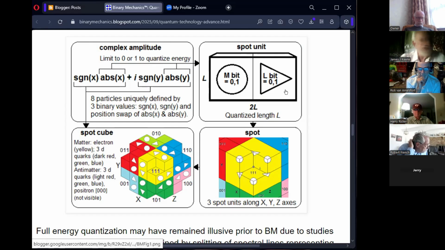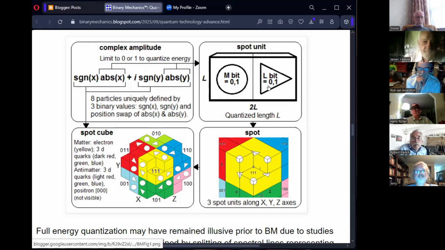The zero states, of course, are the neutrino field. Combining both of these together, you get the total energy field. And so, yeah, in a way, binary mechanics is a field theory in that sense. It defines four fields: electric, magnetic, the sum of the two, which would be the energy field, and the one's complement, which is the neutrino field. All right, less than a minute to go here.